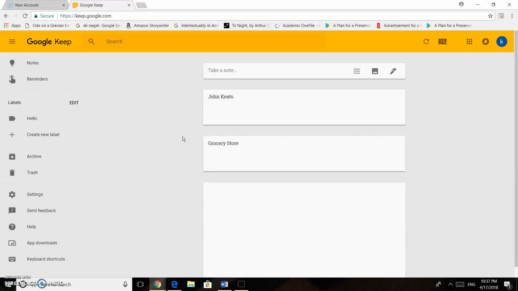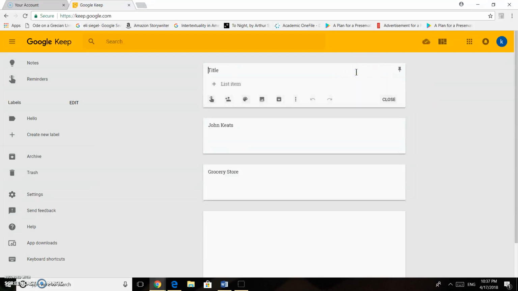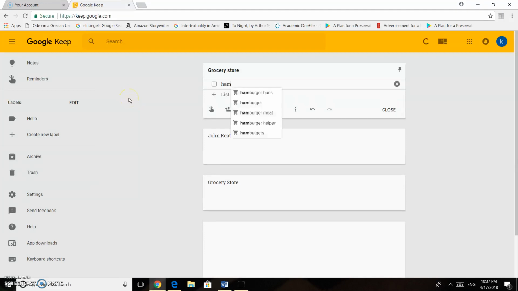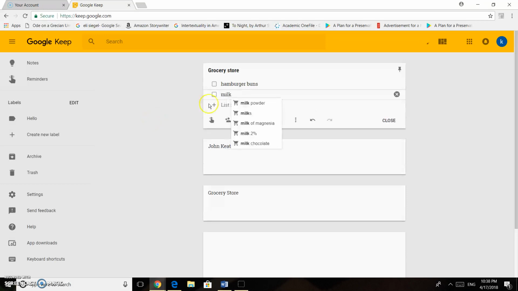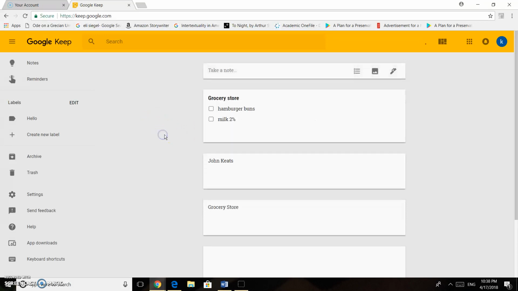So anything that you put on here can be re-accessed from another device, and it does have an app version of it now, so you're able to see it on your phone, which is really useful for stuff like, let's start a list, and okay, well, we'll go with the grocery store example, and let's say we need ham, and then it even brings up recommendations, so let's pick one, a hamburger bun, and milk, and whatever it is that you might need at the grocery store, and you just make your list all the way through,